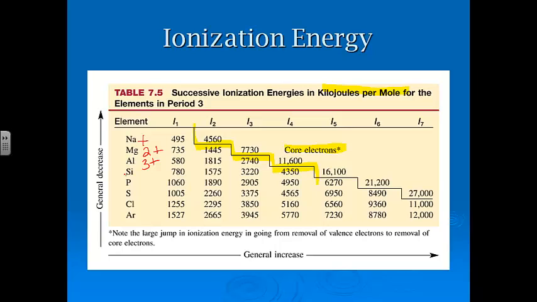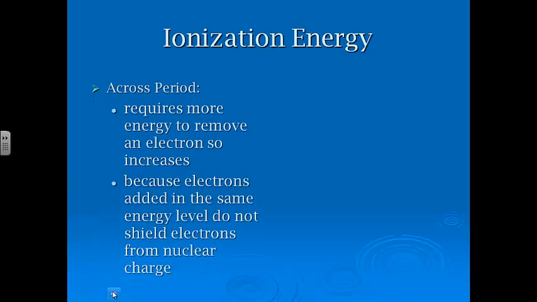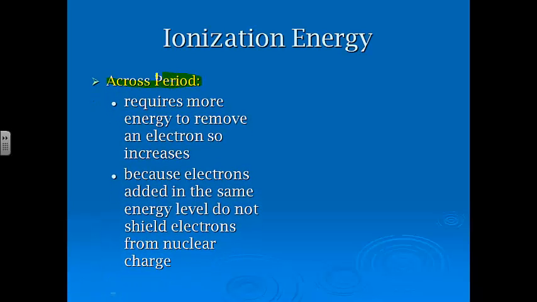Silicon has 4 valence electrons, so that's where you get the big jump here, and then that follows that pattern, and the argons and the chlorines, they start high and they stay high, so that's kind of what we're going for on that one. Let's see, ionization energy, again, across the period, and this is the reason why, is that it requires more